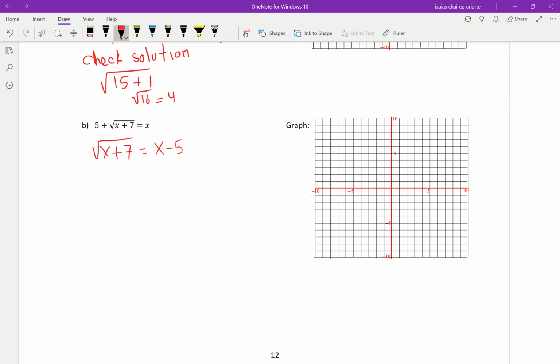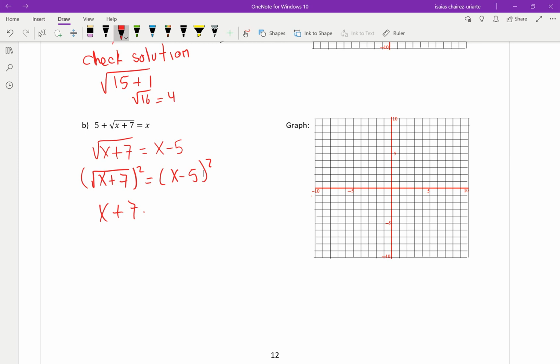And then I'm going to square both sides of this equation. On the left hand side, the radical and exponent 2, again, we sort of think of them as inverses, so they undo each other, and this leaves me x plus 7